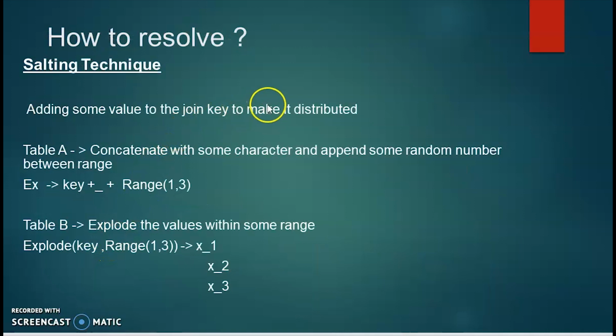So how do we resolve data skewness? There are many ways we can resolve data skewness. If one of the tables is very small, we can broadcast that table, so that a broadcast join happens between the two tables in Apache Spark. If the second table is a medium-sized table, the one I showed in the previous slide, in that case we will not be able to broadcast the second table.